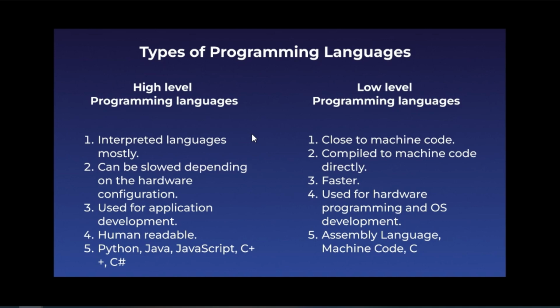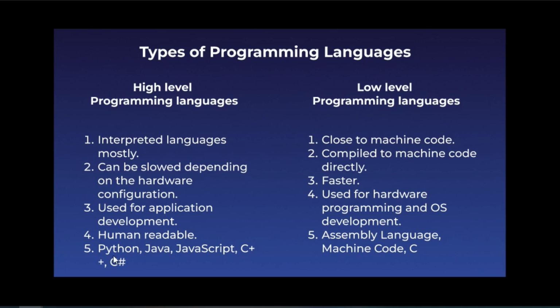Whereas a low-level programming language, because it has compilers that produce machine code directly, if there is a single error in the entire file, it won't execute, it won't run. You'll have to debug the code and then run the compiler all over again. Whereas high level languages are quite friendly that way.